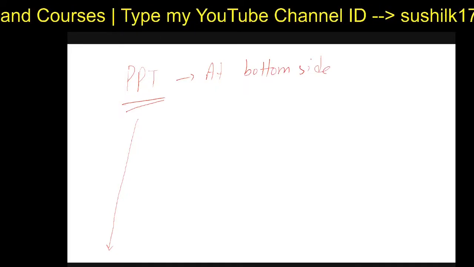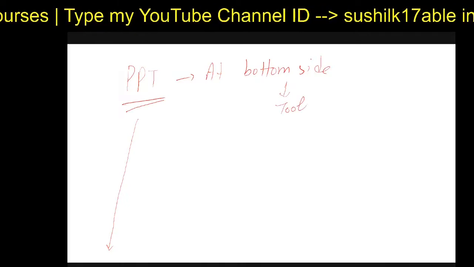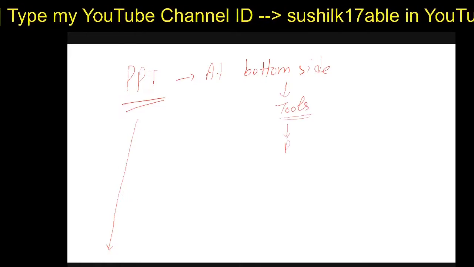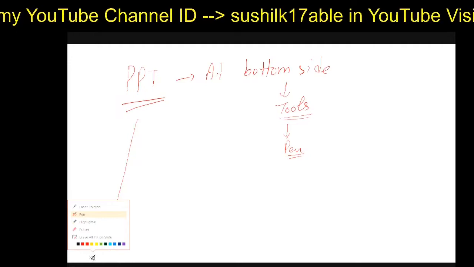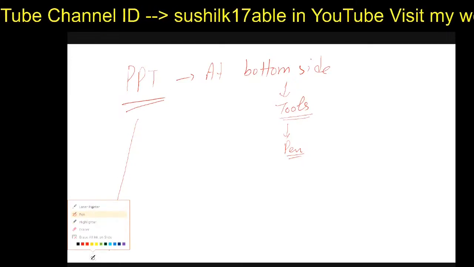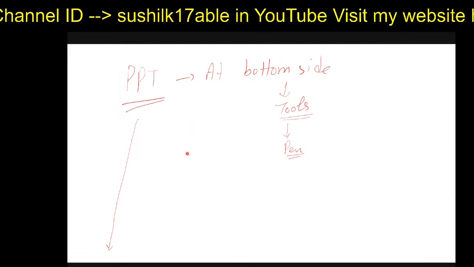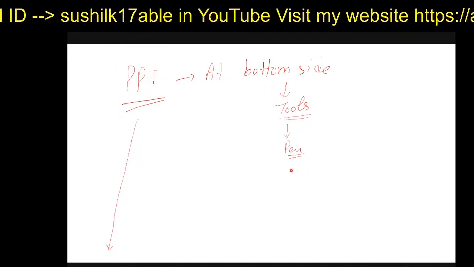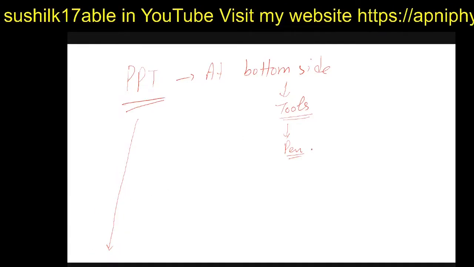You can see some tools. So first of all, you have to select the pen. How to select the pen? You just click here, this one. There is a laser pointer. If you just want to explain the presentation and you require this kind of thing, then you can use the laser pointer, but you cannot write anything here. If you want to write, then you have to use the pen.